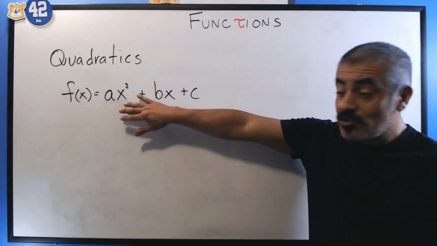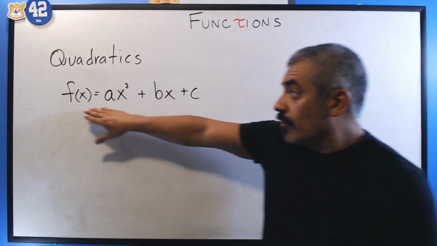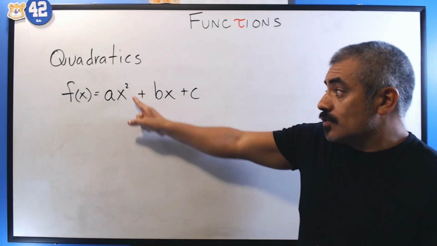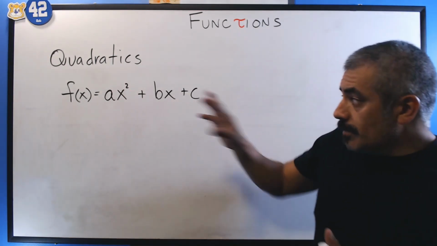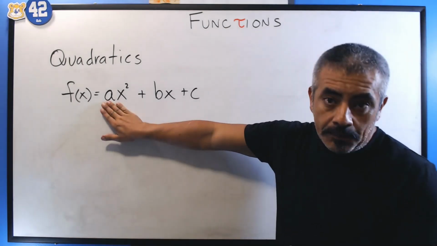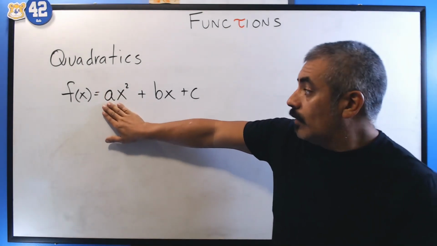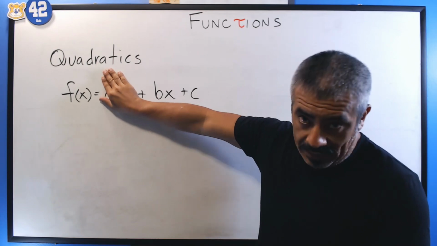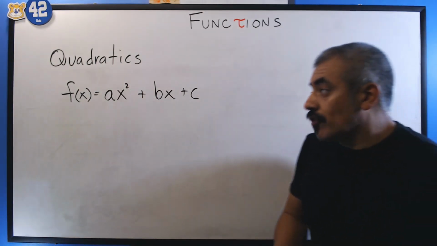Now let's go on to quadratics. Quadratics are going to be of the form f of x equals ax squared plus bx plus c. Now sometimes b might be 0 or c might be 0, but in either case, a cannot be 0, because if a is 0, then we have the case where this is just a line. So in the case of quadratics,